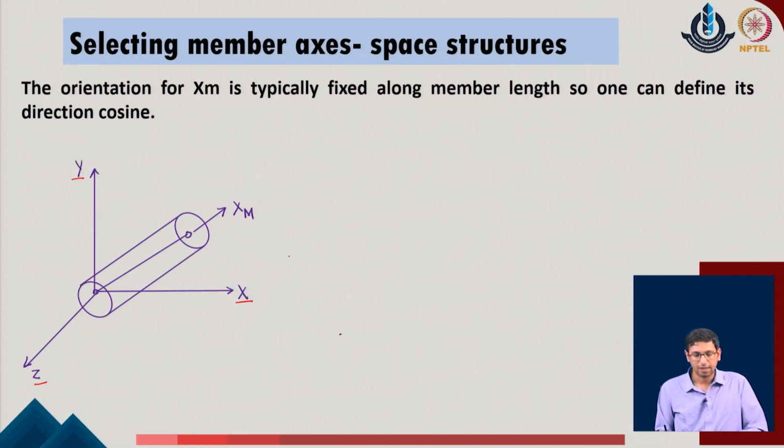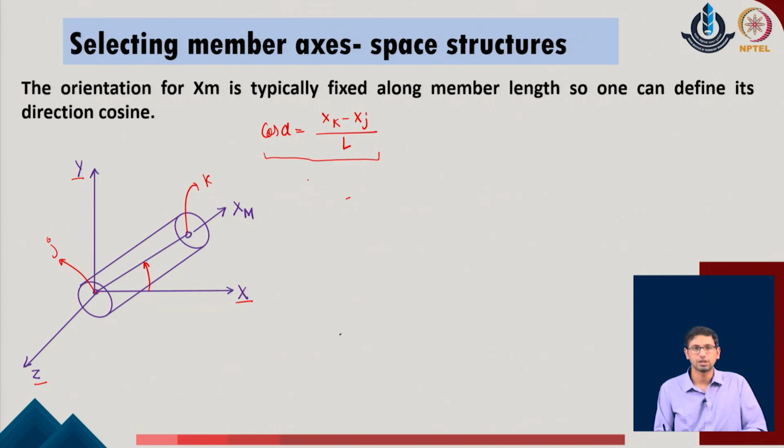What does it mean? I can come up with the coordinates of any point over here, say this is the joint j, say this is the joint k of the given system, and now with respect to the joints j and k, I can define the cos of alpha, which is the cosine angle for the given system, as x of k minus x of j divided by L, the length of the given member. So, the cosine angle, which is the angle between the axis x and the new member axis of the given system, is easy to evaluate.